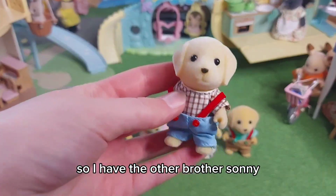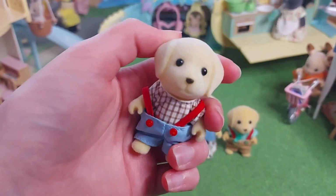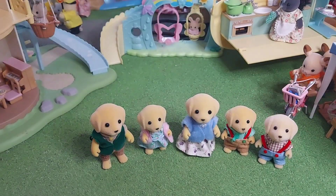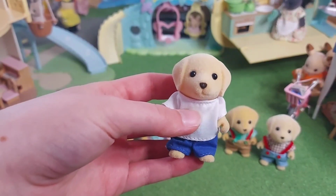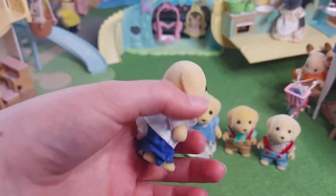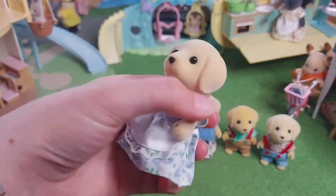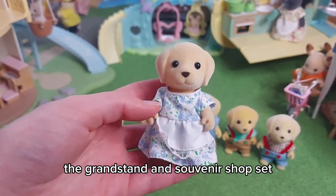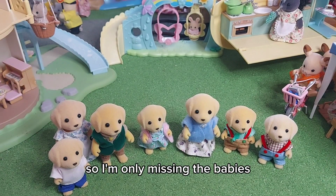So I have the other brother, Sonny, that came with the fish fryer set. And then I have the other cousin. This is Ron, and he came with one of the Sylvanian game sets. And then I also have the aunt Zoe Barker, and she comes with the grandstand and souvenir shop set, again with the Sylvanian games range. So I'm only missing the